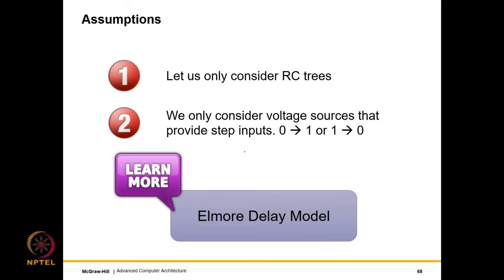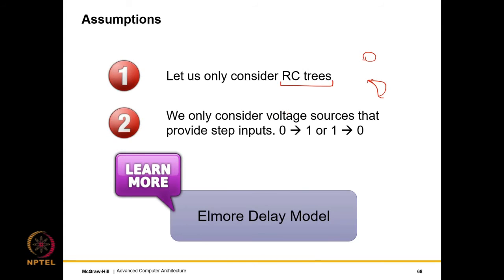So we will proceed with two assumptions: in our circuit we will only consider RC trees. We all know what a tree data structure is. An RC tree is essentially an RC circuit that does not have a cycle. That is number one. The second is that we never have a cross path, in the sense that we have one path and another path reaching it like that. So we don't have this kind of a path. We will limit our discussion to RC trees, and a tree is the same as the data structure tree.